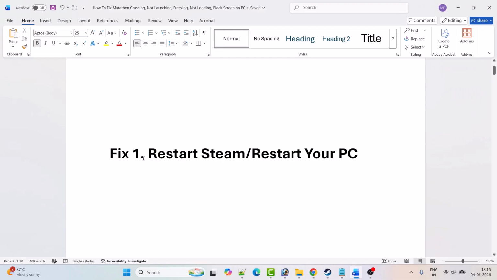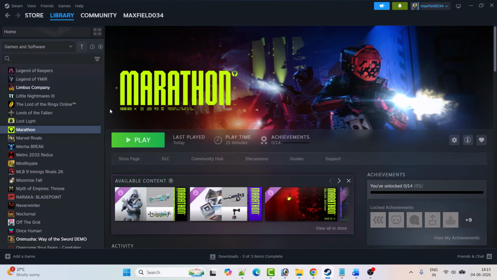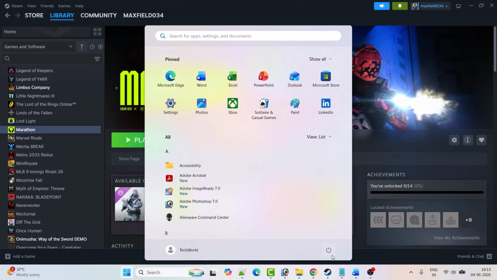Now the first fix is to restart Steam or restart your PC. So click on this word Steam and then click on exit. This will exit Steam, then relaunch Steam, launch the game and check. If that doesn't work, then just restart your PC once, and after your PC restarts, go ahead, launch the game